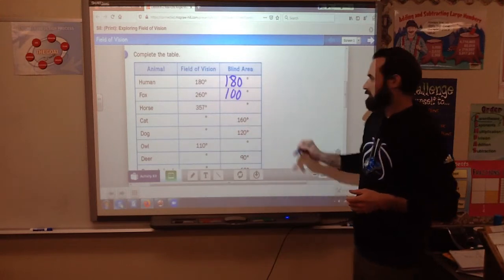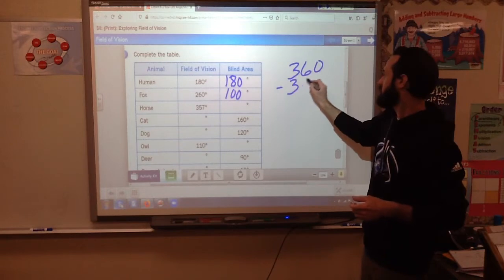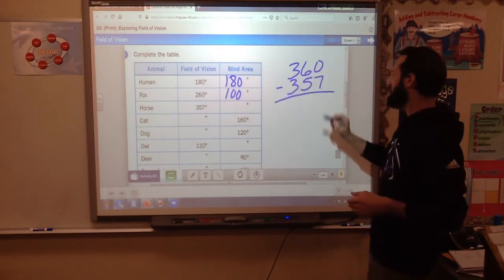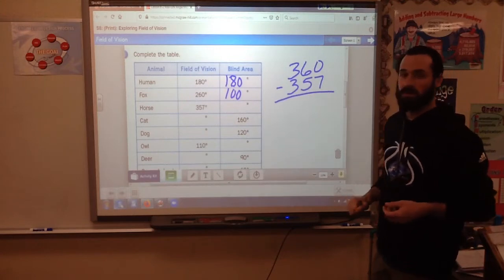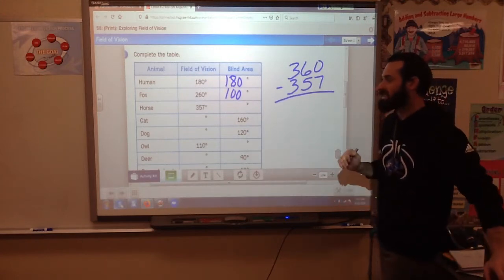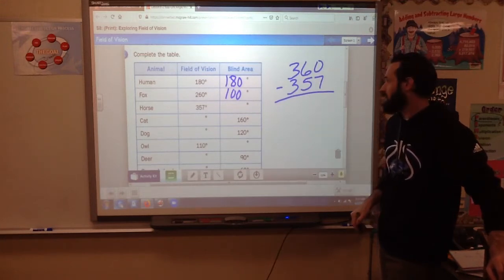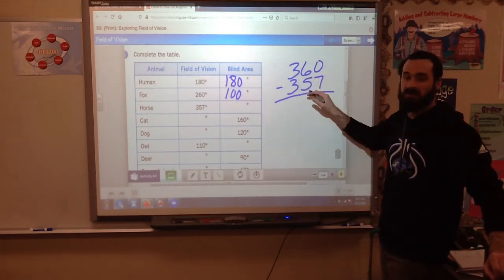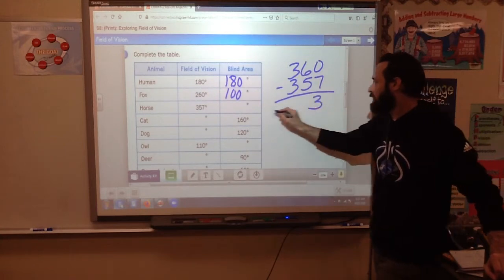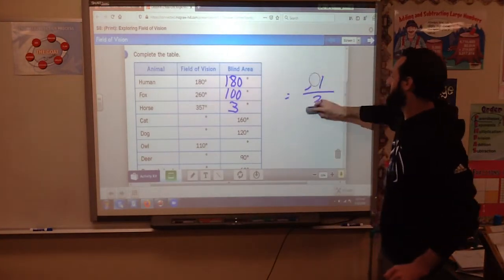A horse, boy, this one, think about this. It might be just as easy to add up. But look at the field of vision for a horse. A horse can see 357 degrees. So how big is its blind area? If I was doing this, I would just think to myself, I'm at 357, I need 3 more. Well, if you think about that in the context of a circle,